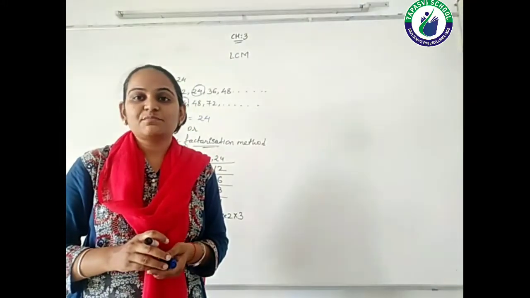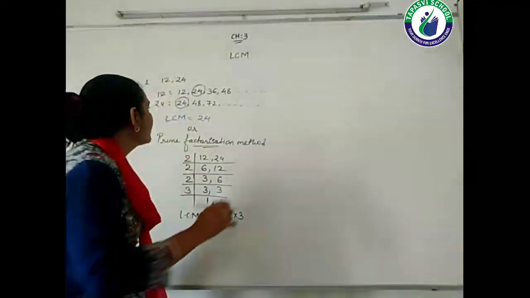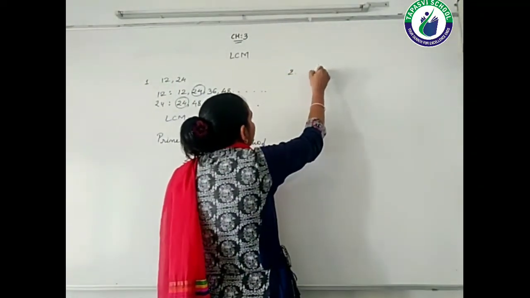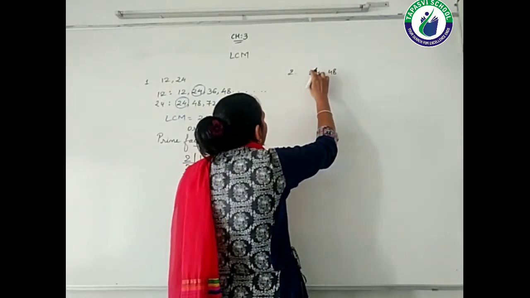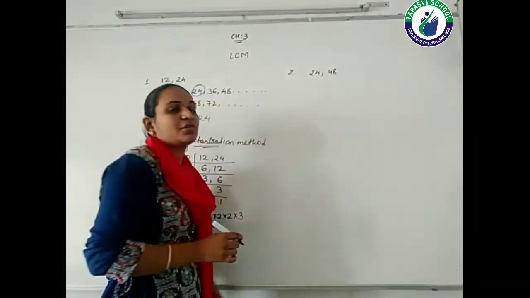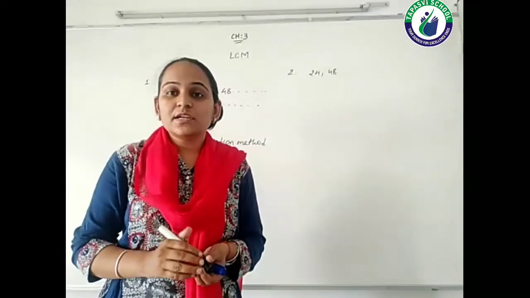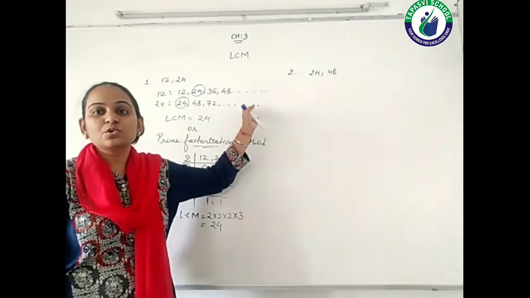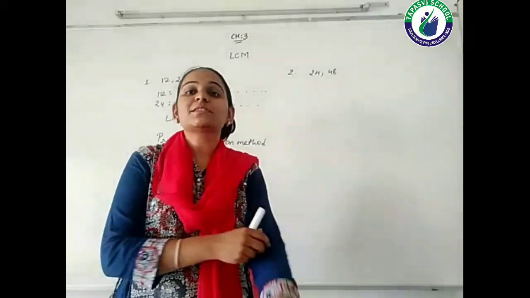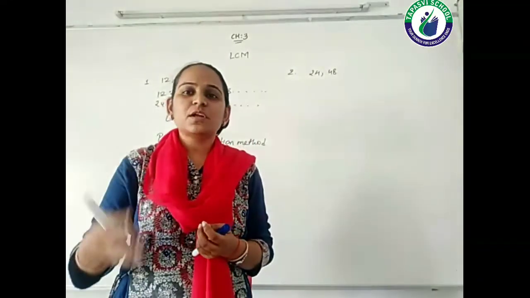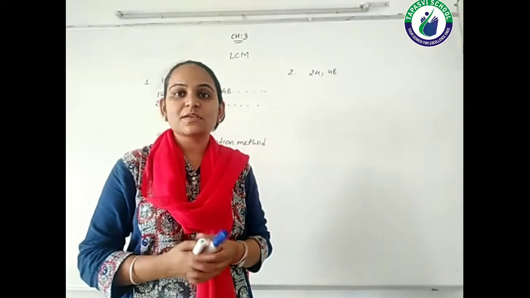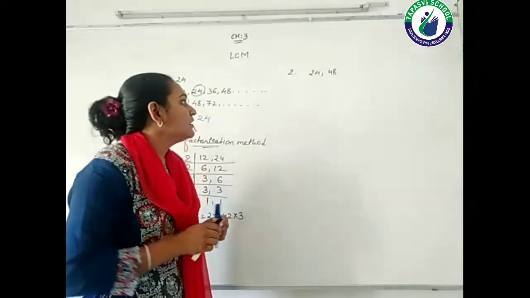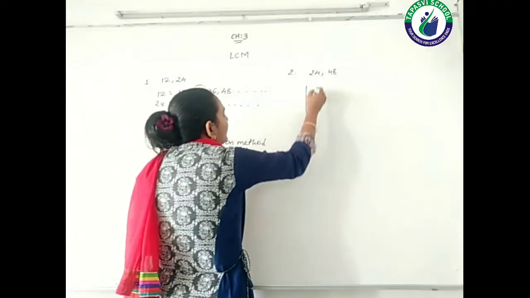Let's see one more example on LCM. Another example is 24 and 48. As I already told in HCF also, students always give more importance to this one. I am not saying that don't do the other method, because there you have to remember the tables or do multiplication if you don't know the tables. This is quite easy if you think. So I am doing it with prime factorization.